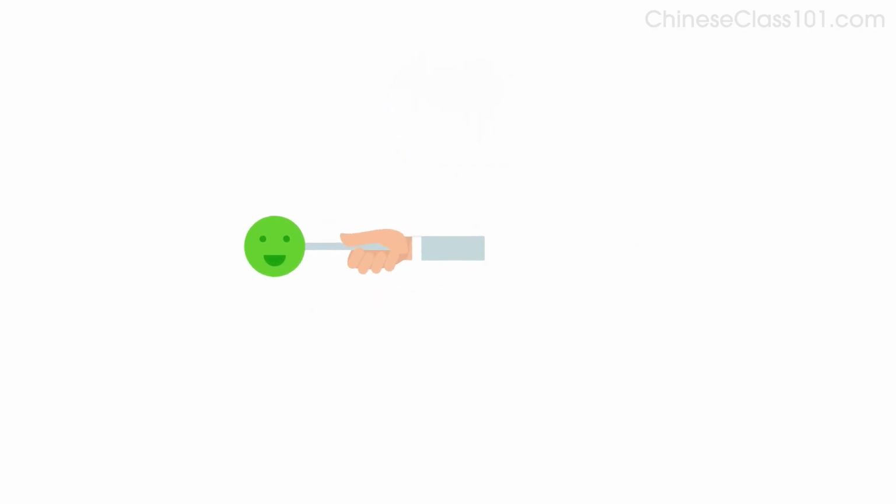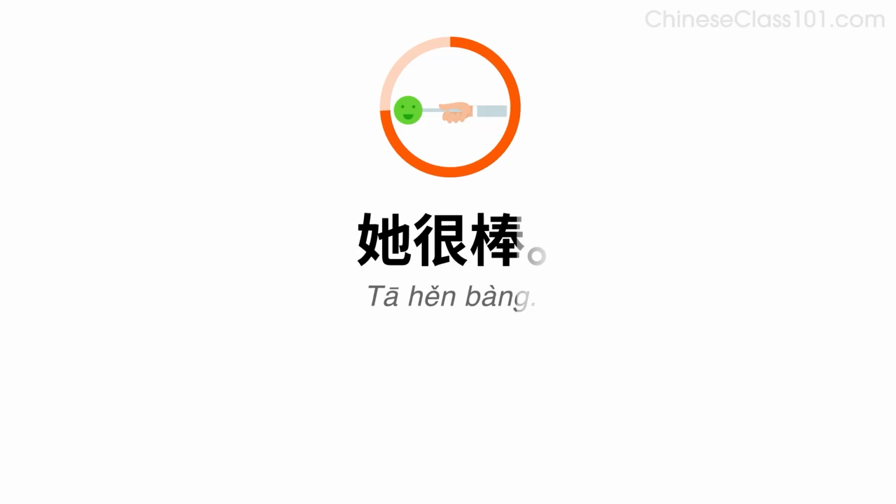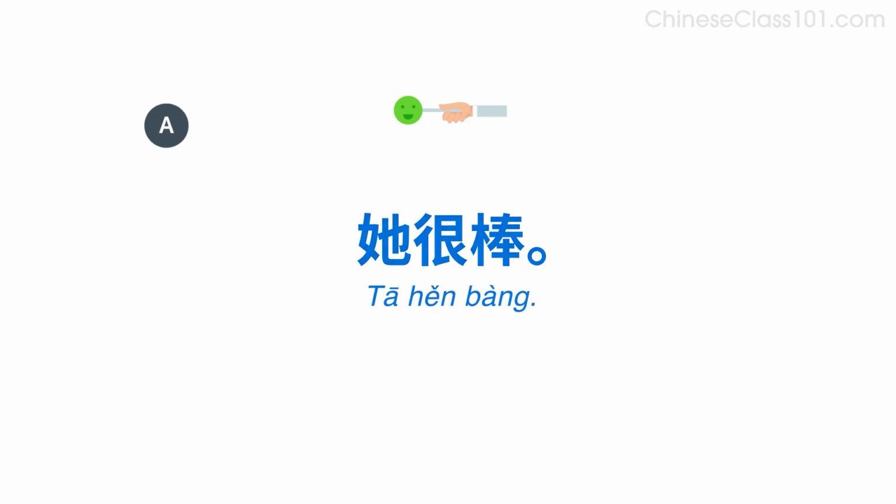Imagine she's great. Do you remember how to say, great? 棒。 Say, she's great. 她很棒。 Now, answer the question saying she's great. 你妈妈怎么样？她很棒。